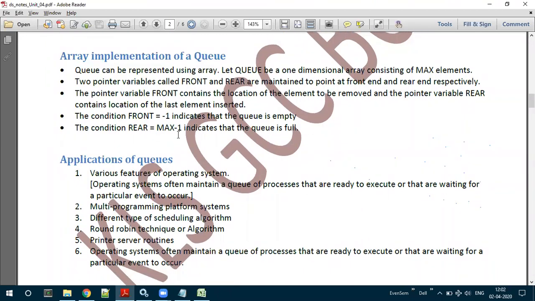The next concept here is very simple. That is the representation of the queue in the form of an array. This is similar to the stack. So here the queue can be represented using an array. Let Q be a one-dimensional array consisting of max elements. Two pointers, front and rear, maintain the front end and the rear end respectively. The pointer front contains the location of the element to be removed, and the variable rear contains the location of